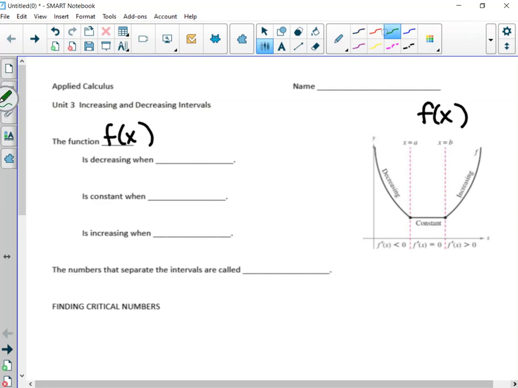And the way that we're going to identify the calculus connection to increasing and decreasing is the slope. And we know in calculus that when we're talking slopes, we're talking derivatives. So a function is decreasing when the derivative of that function is less than 0. When the slope is negative,